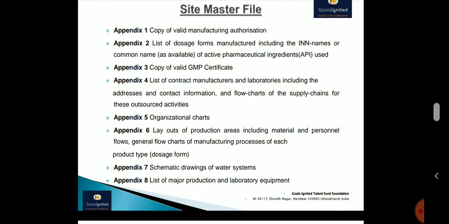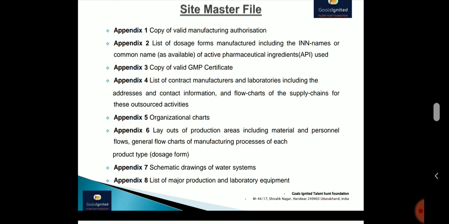So this is the prime requirement of the site master file, because a few companies try to explore or elaborate their procedures in the site master file. Then there is a query from the regulatory: why are you elaborating? You have the SOPs. Whenever we have any query, you may send us the SOPs. You need to compile all this information within 25 to 30 pages.